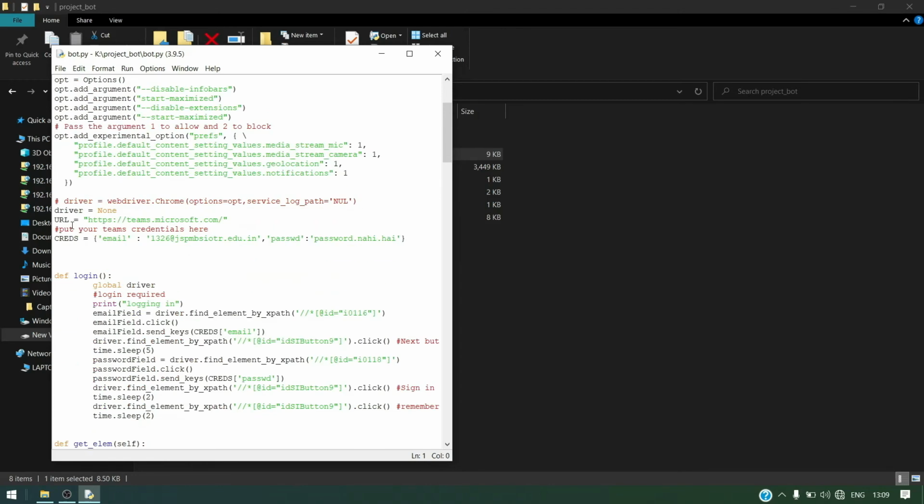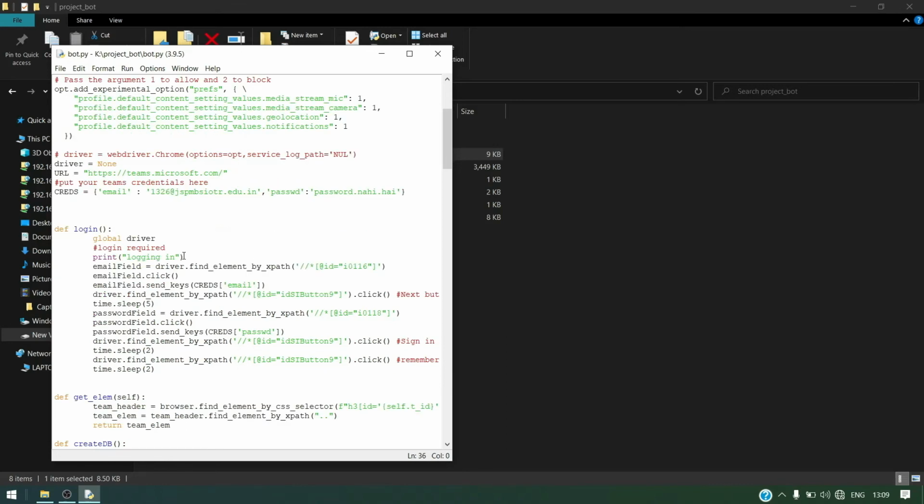Here we created the code segment for entering the email ID and the password of the user. Here we created a def function for the login, in which the email ID and the password we have given will be put in by the bot. The bot will find the location by using find element by XPath. Here is the XPath for the username and here is the XPath for the password.